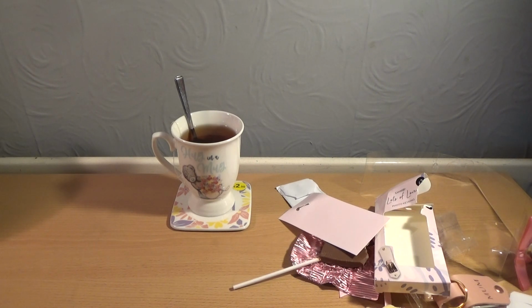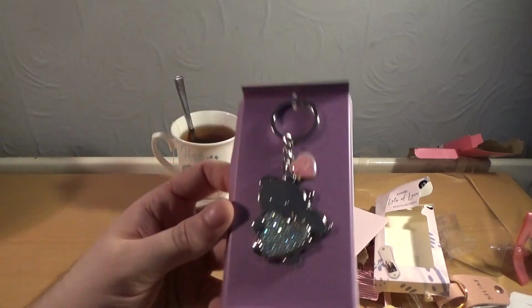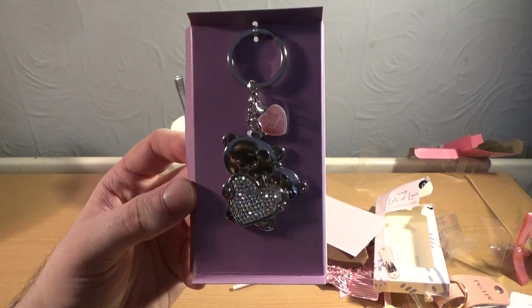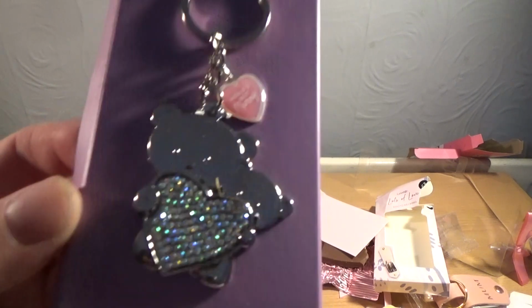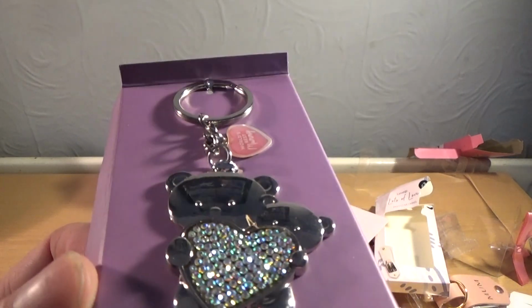Why do you get it out of here? Right, rend, rip, tear, destroy. It's a shiny bear. I'm going to have to be careful how I hold this in case I reflect the light. Oh, look, it's me. You can just about make me and the camera out. Hi! Oh, yes, it's a sequinny bear. It's all shiny. We can see the poster on the wall. It's got like a little...